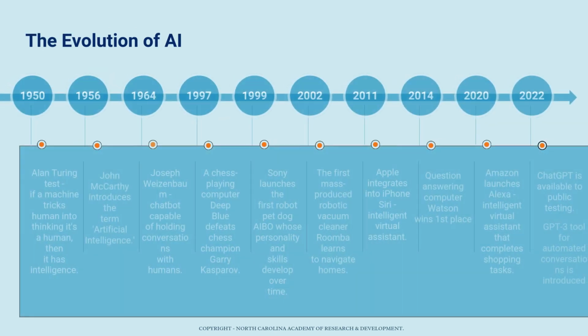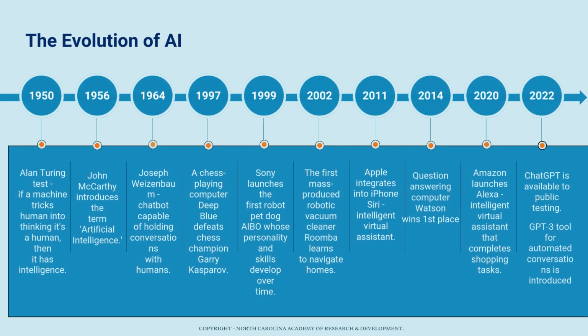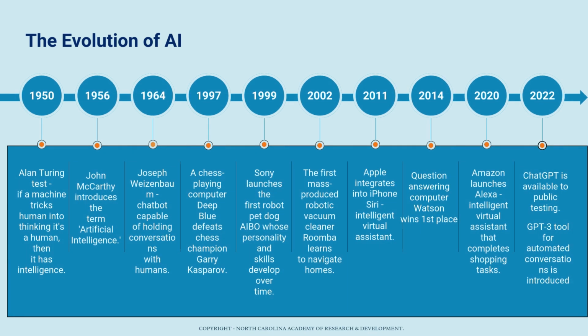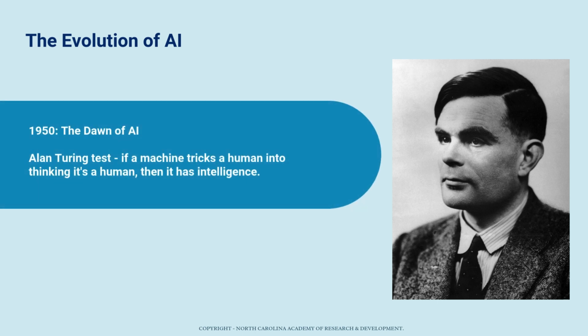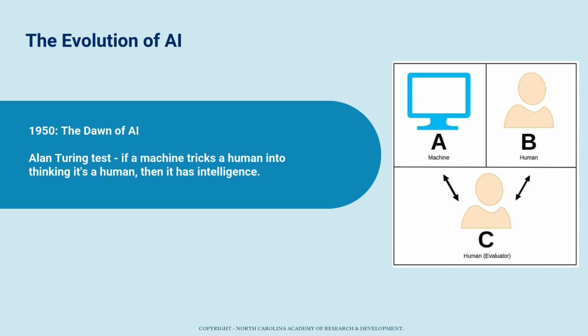Artificial intelligence, a term that once belonged to the realm of science fiction, is now an integral part of our daily lives. But how did we get here? Let's take a journey through the milestones that shaped the evolution of AI, transforming it from an ambitious idea into a groundbreaking reality. The dawn of AI. It all began in 1950 when the visionary Alan Turing posed a bold question: can machines think? Turing proposed the famous Turing test, suggesting that if a machine could convincingly mimic human conversation, it could be considered